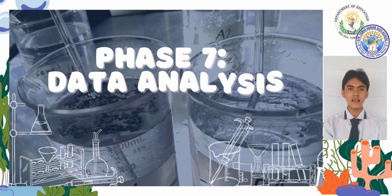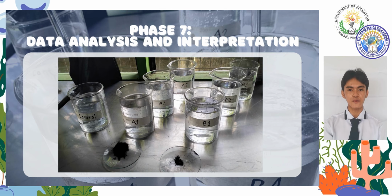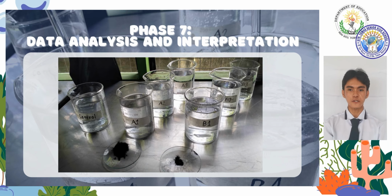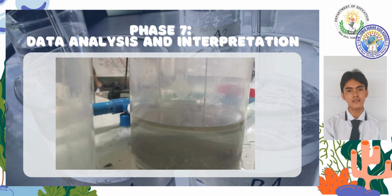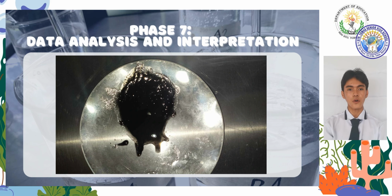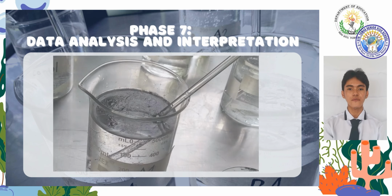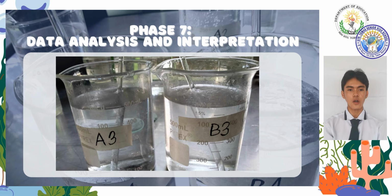Phase 7. Data analysis and interpretation. In this study, researchers synthesized ferrofluid without stabilizing agents or surfactants for the removal of 3 to 5 mm polypropylene microplastics in a 500 ml water sample. The ferrofluid, composed of oil and magnetite powder, underwent variations in vegetable oil concentration and iron oxide dosage to optimize